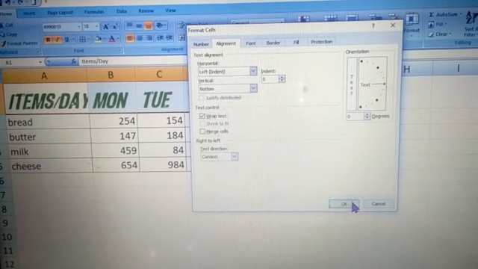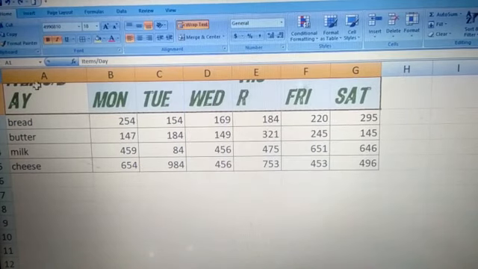You can see it increased the height. Item is above, D is above, and AY, which was not included in the cell properly, has now been included. Even here, Thursday, R was very close to the right border. That is why, after doing the word wrap, the cell height has been increased.